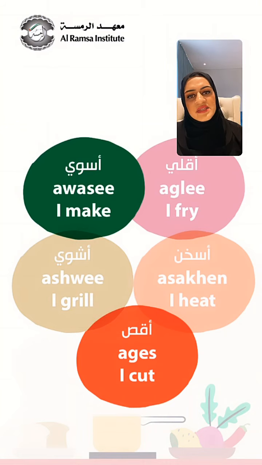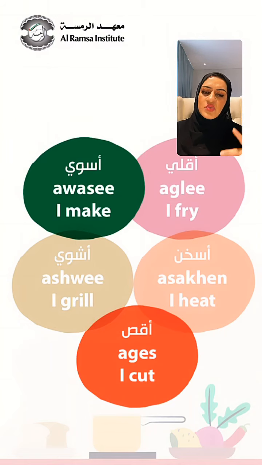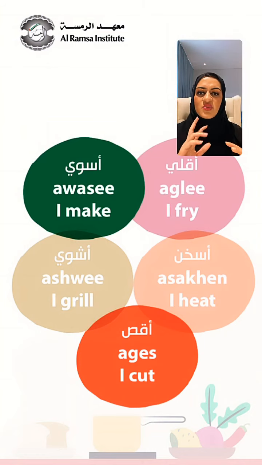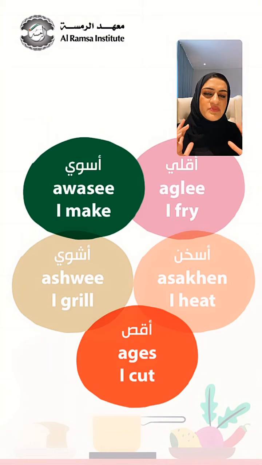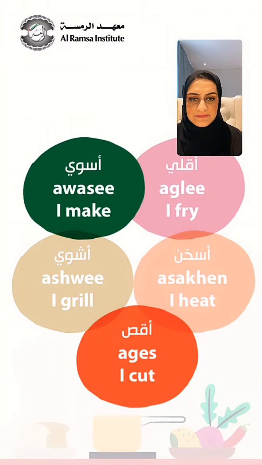أقص, it means I cut. But we have two verbs for I cut. One is أقص and another one is أقطع. So أقص البصل sometimes and we say أقطع. To be honest, I'm not sure of the difference between أقص and أقطع. I know in English it has one word, but in Arabic it's two words. But you can use both, أقص or أقطع. تمام؟